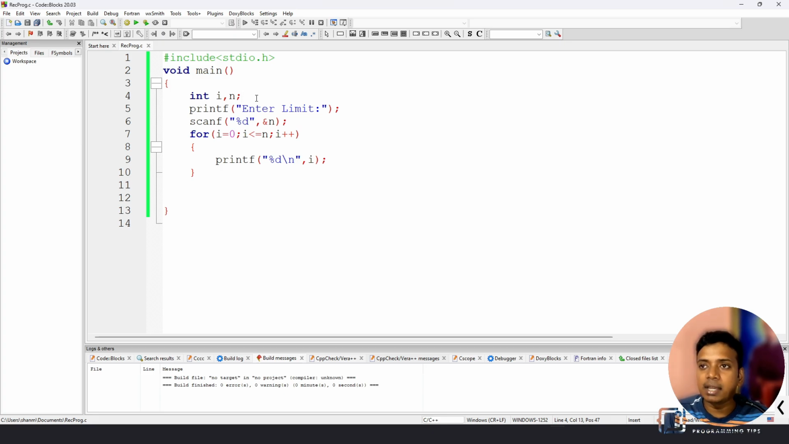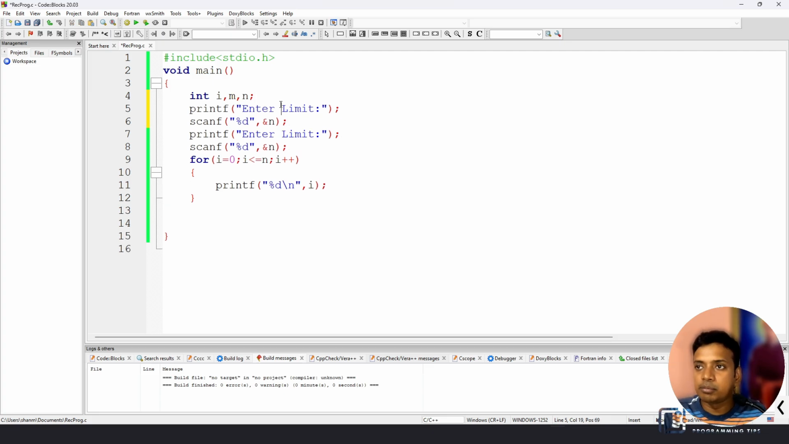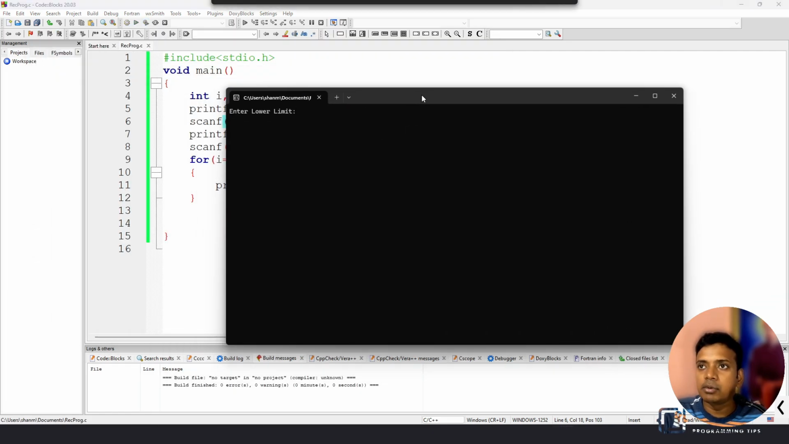So what does the user have to do? Suppose we take another variable m. We also take this value from the user: "enter lower limit". Here I will put m, so from m to n it will print the values. Whatever you type here, suppose I want to print from 89 to